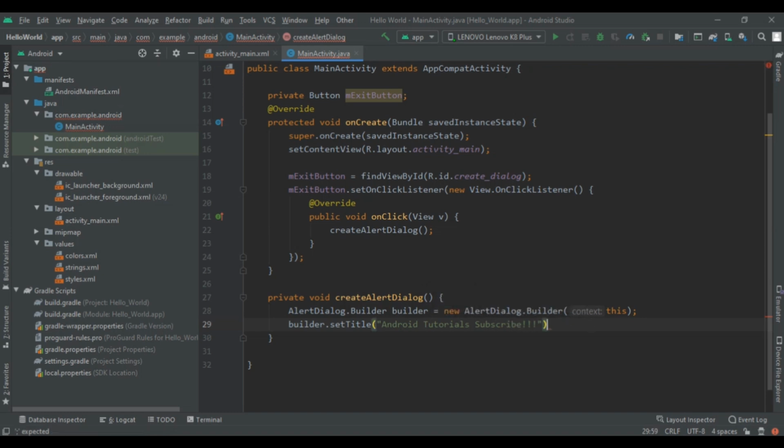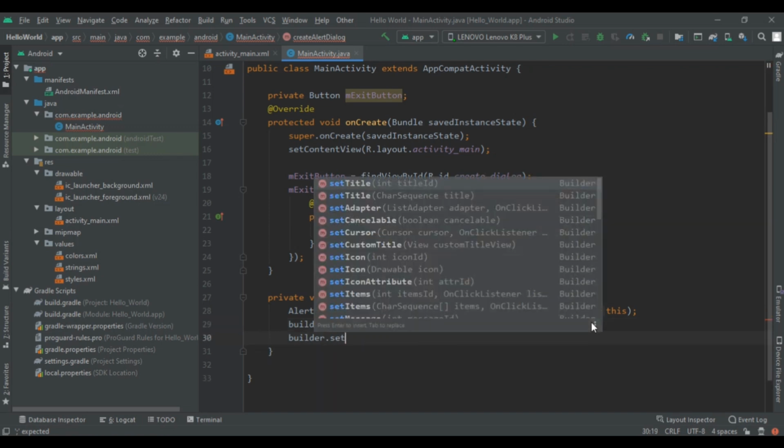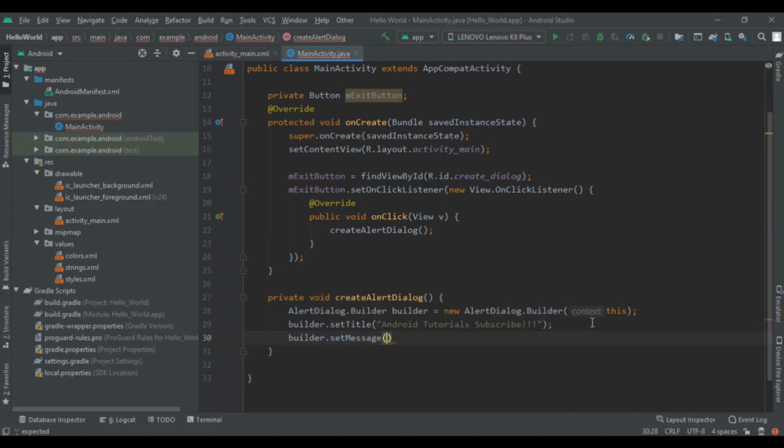Now close it and write builder.setMessage. And here, why you are going to subscribe, give some message to your user. So I am writing subscribe.